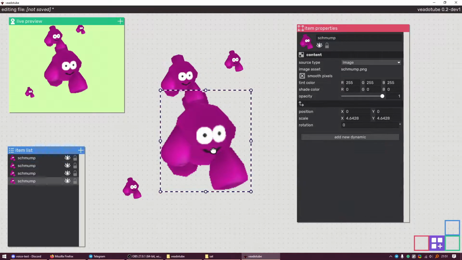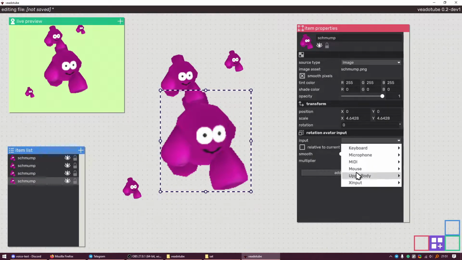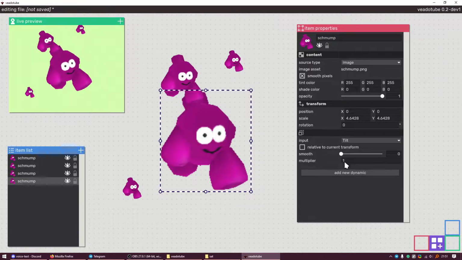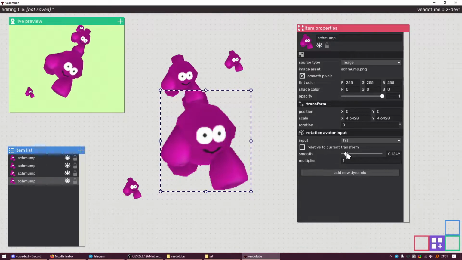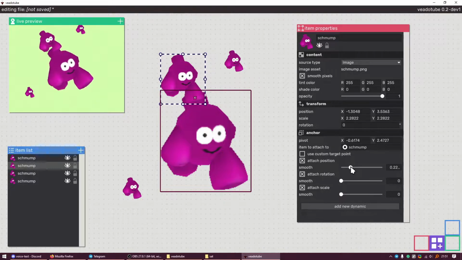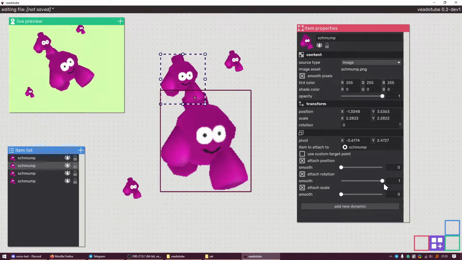So this item is attached to this one, which means that if I add movement to this one, and I'm going to add a tilt again, I like the tilting. It's attached. Things are connected. I can set a few things, like I can change how smoothly it follows things, like this. You can also smooth the rotation, so it looks like it's following with a bit of delay, right? So that's good, that's useful.